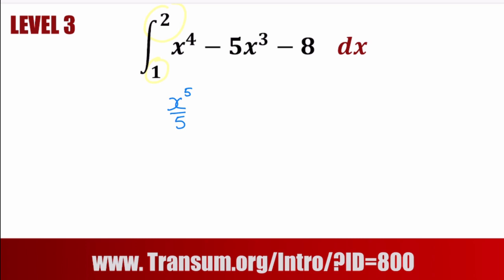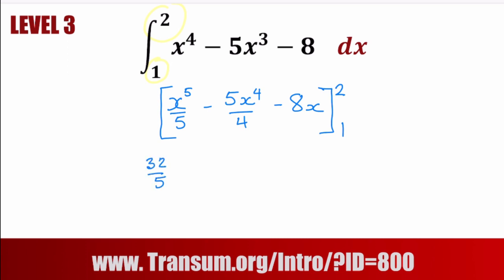Then the next term, minus 5x cubed, would be 5x to the 4th over 4, and that 8 would be 8x. But we haven't finished yet because we need to evaluate that between the limits of 2 and 1. Now this means you have to substitute 2 into that expression and then subtract what you get when you substitute 1 into that expression. So putting in the 2, 2 to the power 5 is 32 out of 5